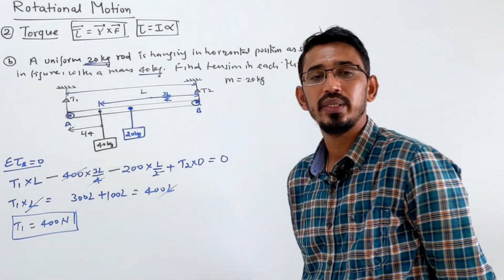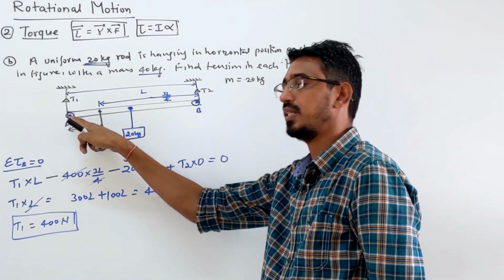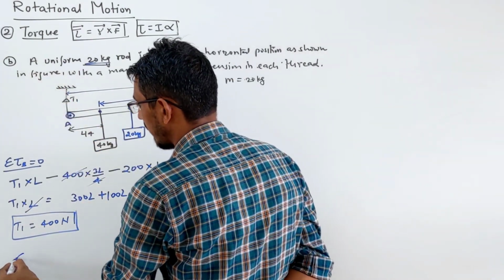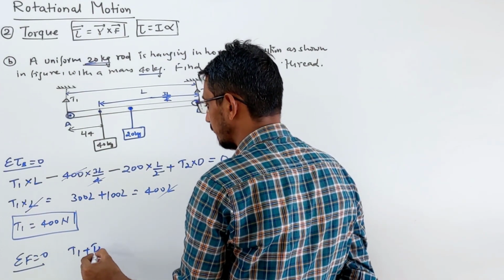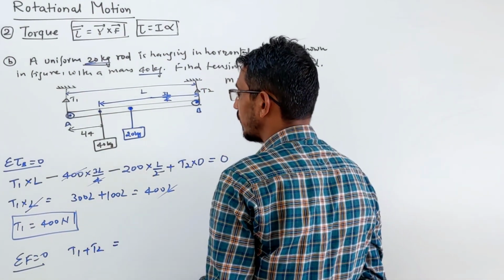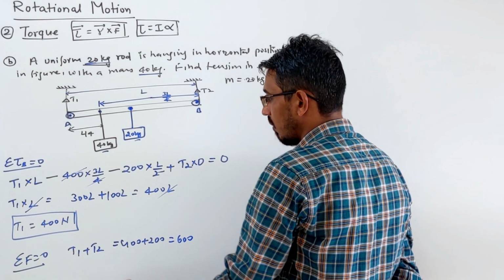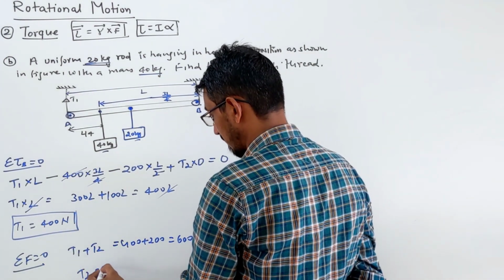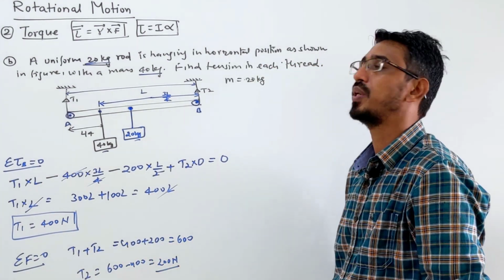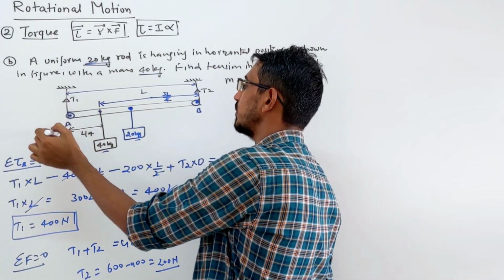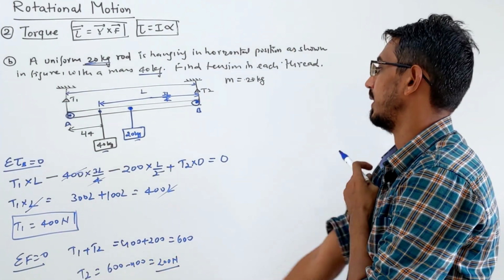Now to find T2 we have two methods. You can write net force equal to 0, or again you can take torque at some other point, like at this point. Suppose you write the force equation: net force should be 0. Upward we have two forces, T1 plus T2, and downward we have two forces, 400 Newton plus 200 Newton, or 600 Newton, where T1 you have already calculated. So T2 becomes 600 minus 400, which is 200 Newton. The same answer will come if you take torque at some other point. Take torque at this point so that T1 becomes 0, you will calculate T2, and you should get exactly the same answer. So try this and check it.